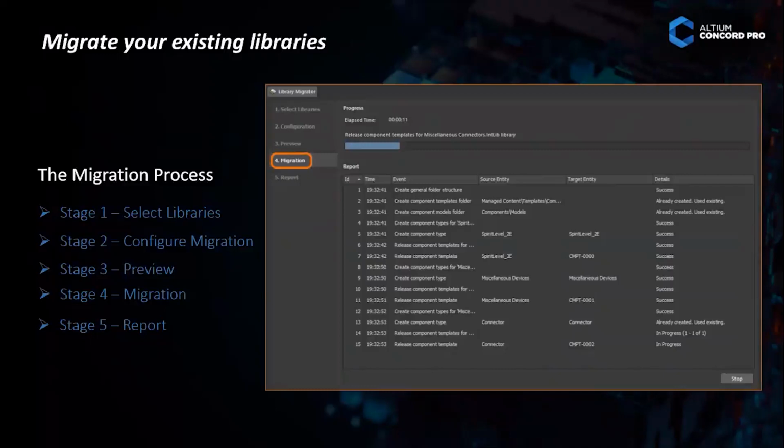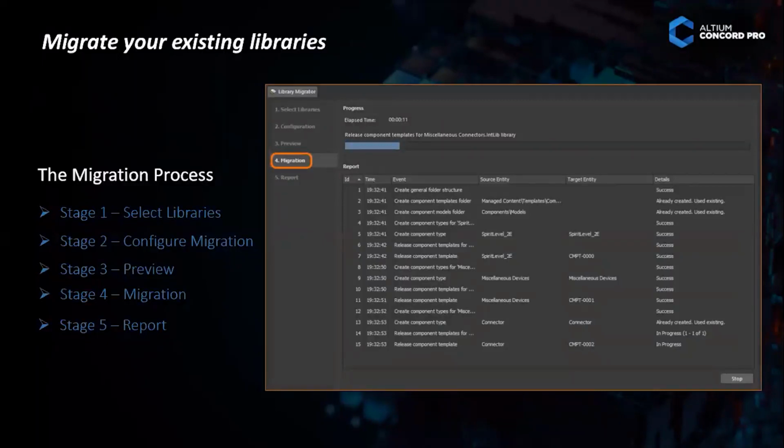Now we may have questions like, sometimes if you consider miscellaneous devices or miscellaneous connectors, in that same integrated library we may have different types of components like inductor, capacitor, connector. Everything will be inside one integrated library. So how can we convert that?